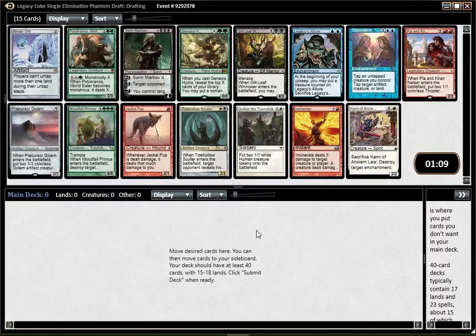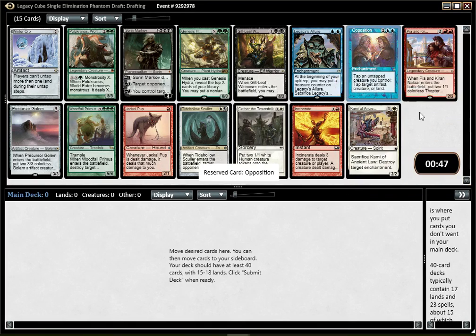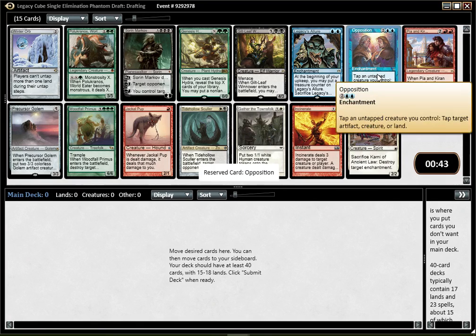And out of this pack, a card, in my opinion, stands out, and it is Opposition, which is probably one of the best cards from the Legacy Cube. In Vintage, there are arguably better picks. But in the Legacy Cube, this card is fairly sick. I could see myself playing blue-green,